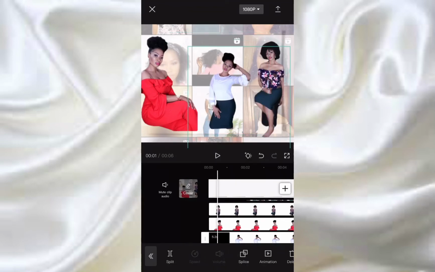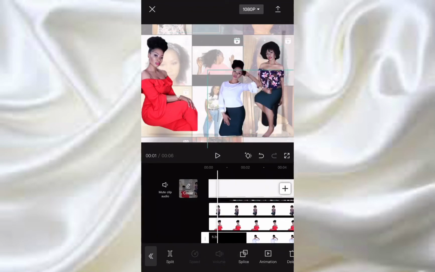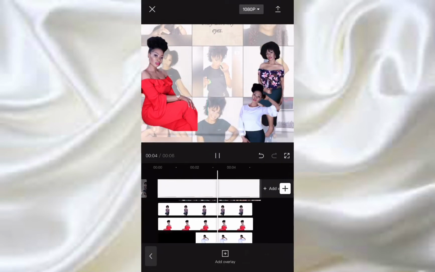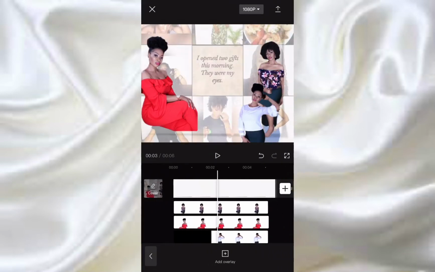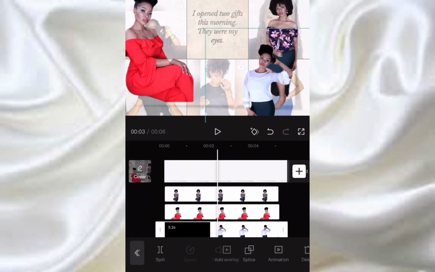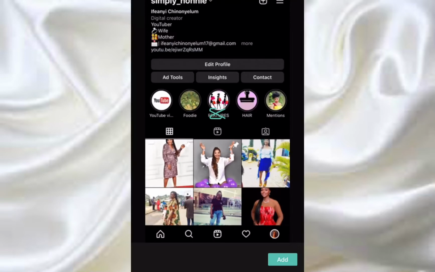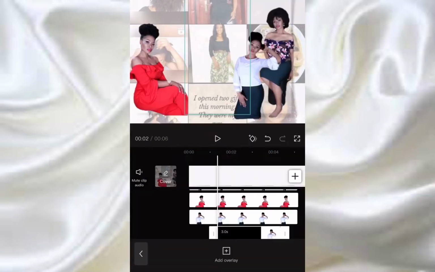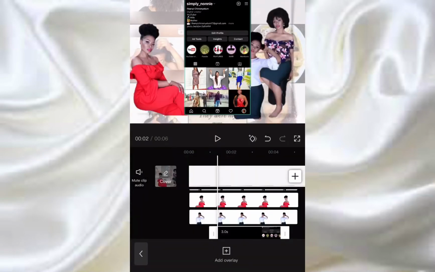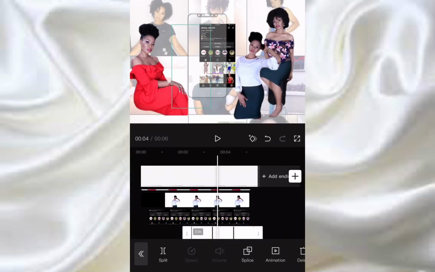I'm importing the third picture. You import another picture for this, and also remove the background, and I'll place them side by side, leaving the center free. Then after that, I will import, I took a picture of my Instagram page, and I will import it using overlay on the